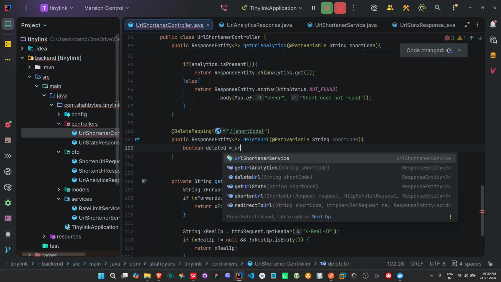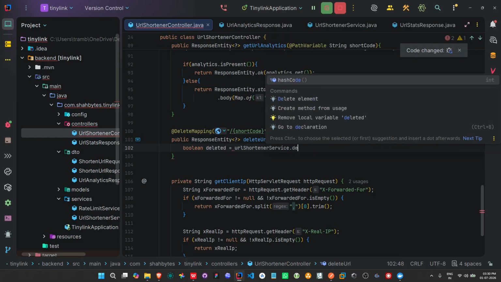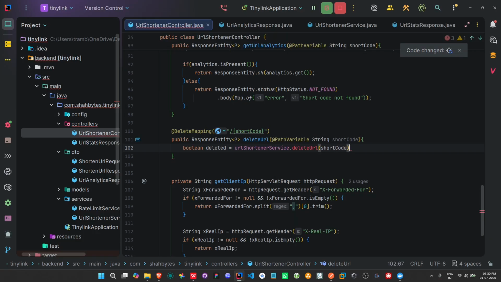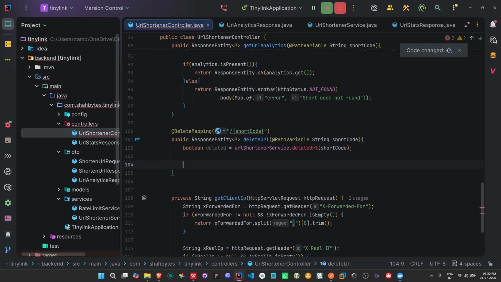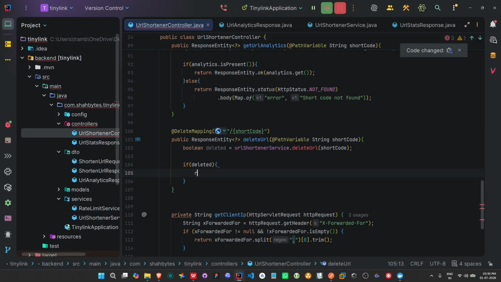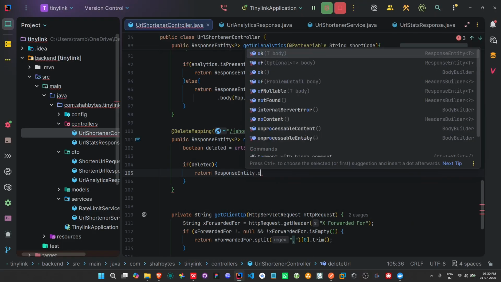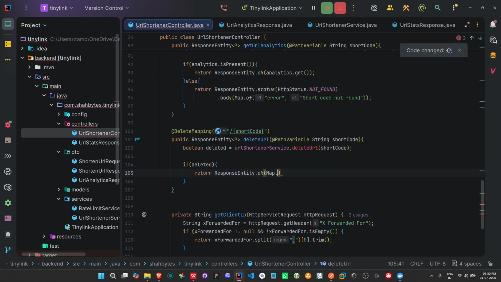From our URL shortener service, we'll create a method named delete URL like this and pass our shortcode to it, and then we will check if deleted. Then we'll just return response entity dot okay map dot of. Let's pass in our message like this and say URL